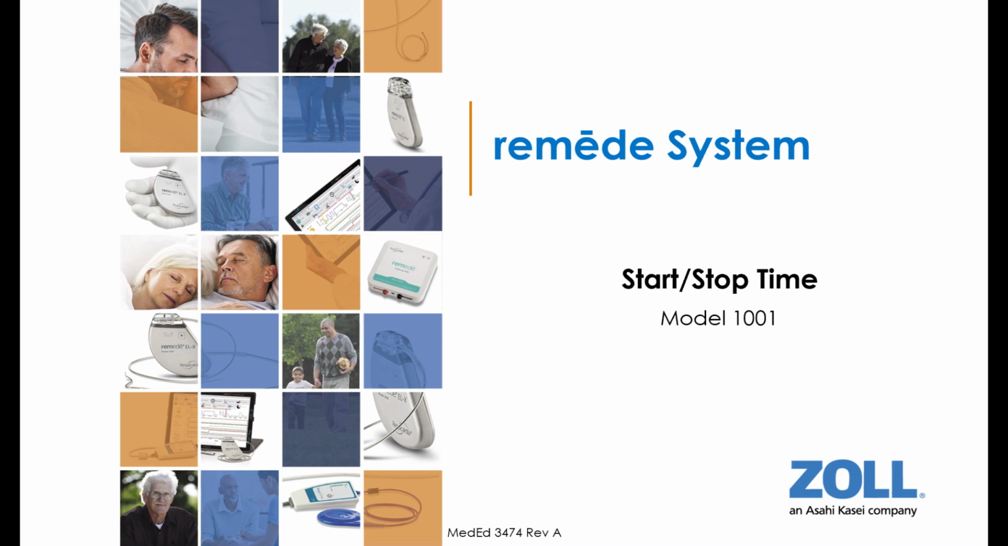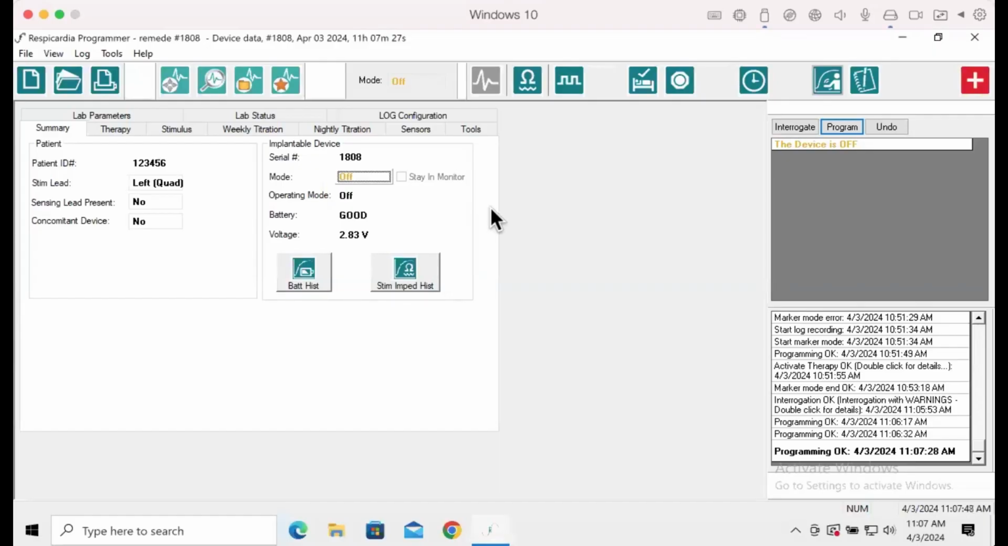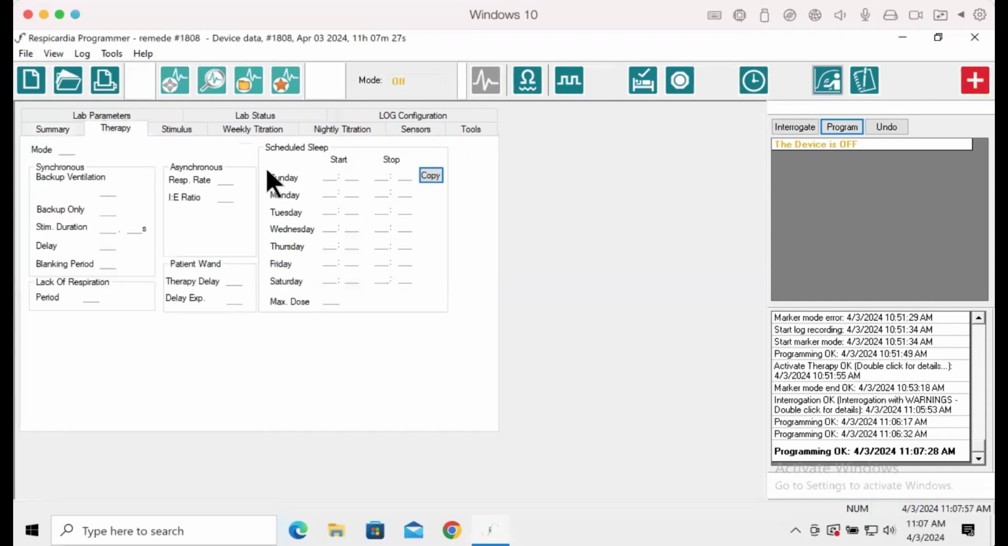How to navigate and set up start and stop time parameters on the programmer for a Remedy model 1001. The start and stop time settings are found within the Therapy tab, accessible only when the device is in monitor